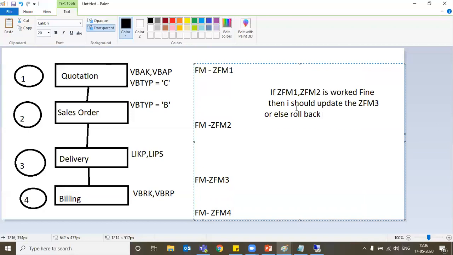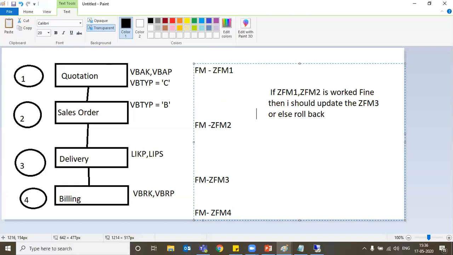If my first and second function modules executed and updated in a proper way, then I must update function module 3. If somewhere at the sales order level some problem has occurred, I must roll back all the steps.